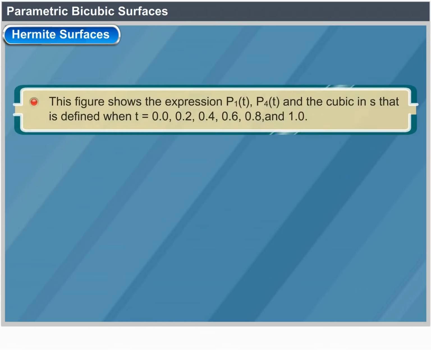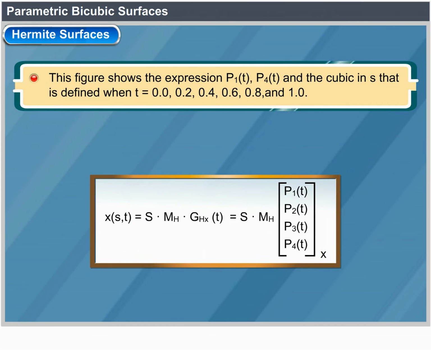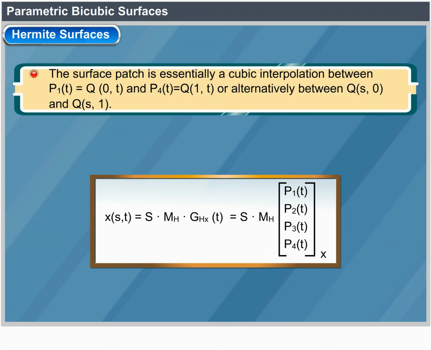This figure shows P1(t) and P4(t) and the cubic in s that is defined when t equals 0.0, 0.2, 0.4, 0.6, 0.8 and 1.0. The surface patch is essentially a cubic interpolation between P1(t) = Q(0, t) and P4(t) = Q(1, t), or alternatively between